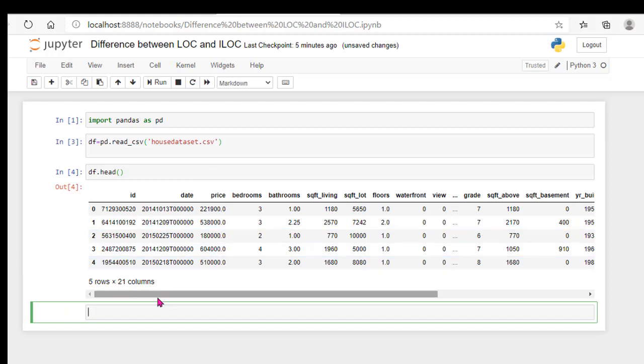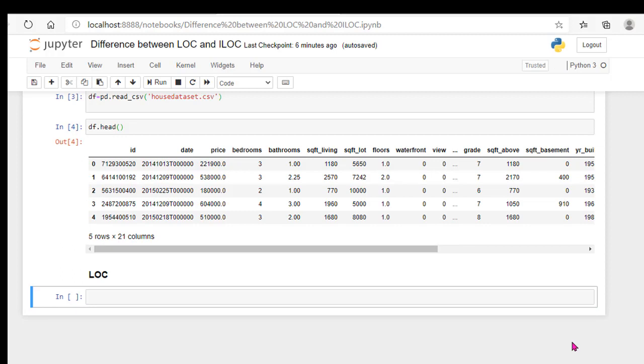Now I'm going to discuss loc. As I said in the differences, loc is used for filtering the rows and columns by giving label names of the columns and rows. That means for rows we use an index and for columns we use label names.